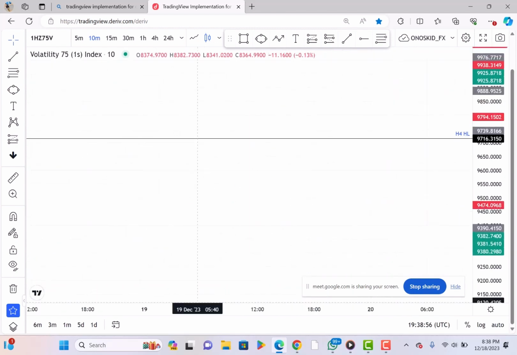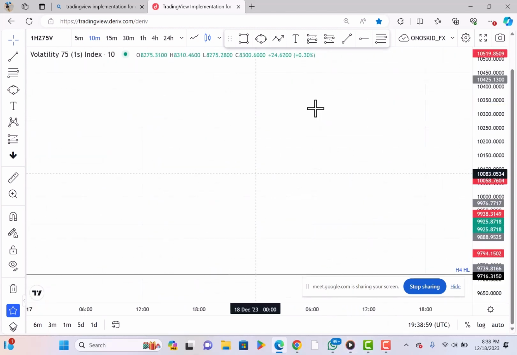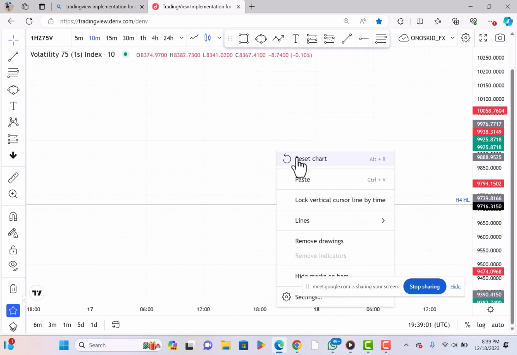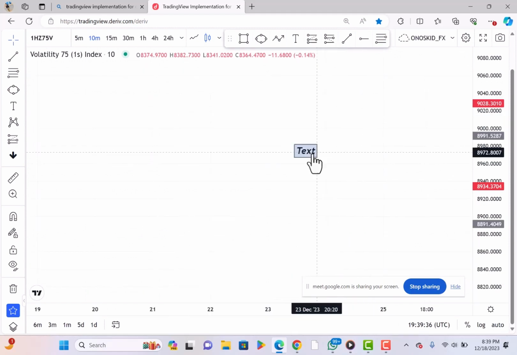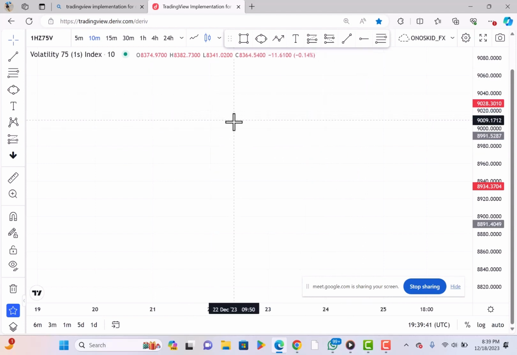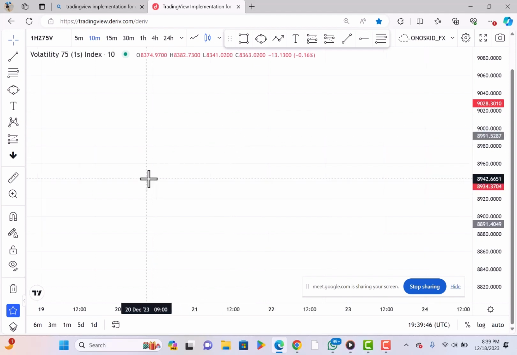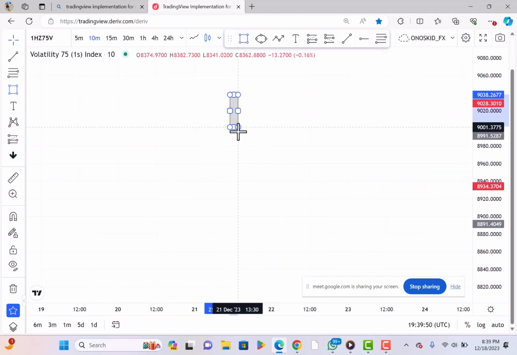So having said that, we want to look at the concept of wick rejection. The first thing I talked about is wick rejection. Wick rejection is very, very important in trading synthetic pairs. And what do we mean by wick rejection, or how are wicks created? Let me show you what I mean by wick. When you have a candle like this,